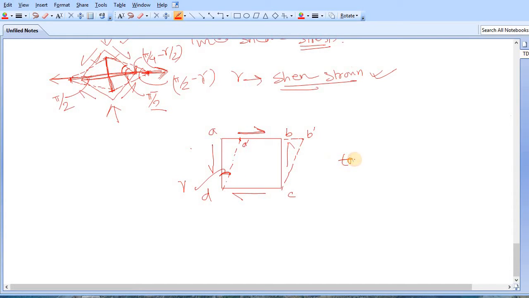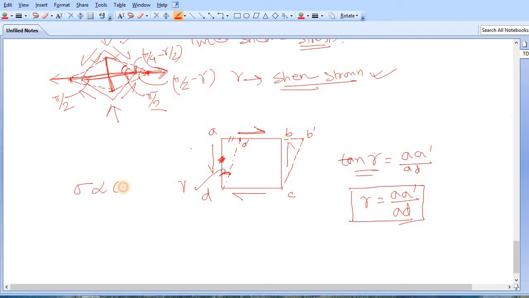Simply, tan gamma is your A dash by this base or height, whatever you call it. If this is gamma, this becomes the base, okay. So tan gamma is height A dash divided by base AD, okay. As gamma is very small, we can say that tan gamma is only gamma, okay, and it is A dash by AD. Clear? So this is your shear strain,